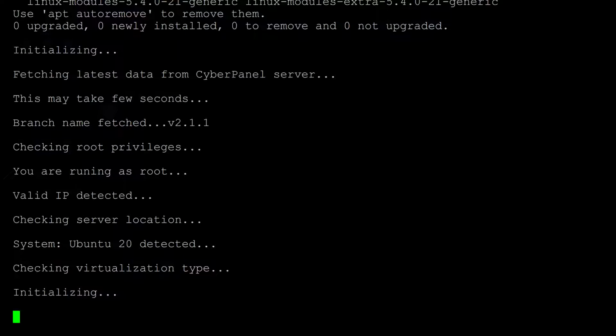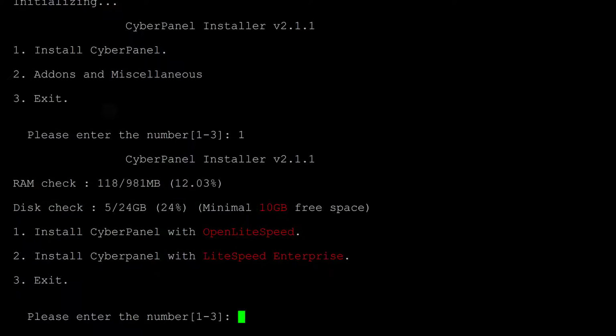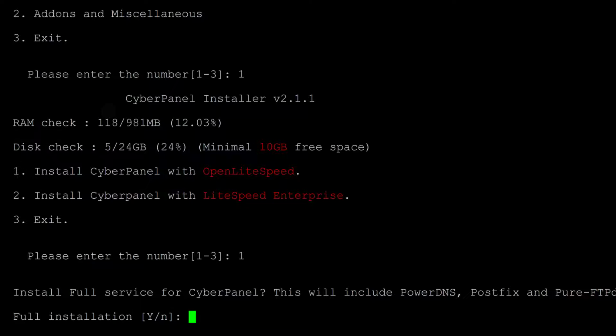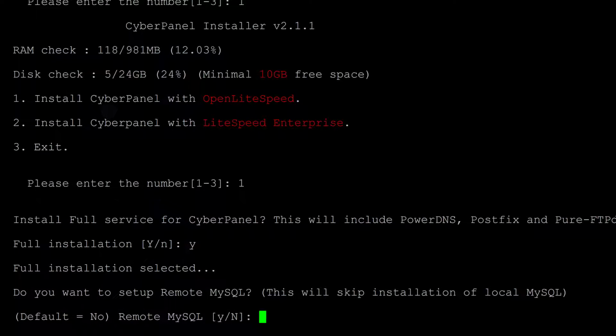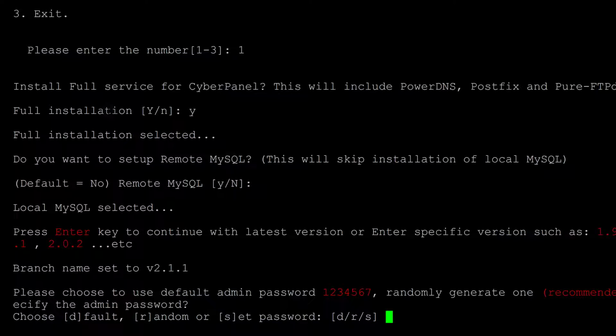So if there is any issue, it will let you know. Please enter 1. Yeah, install CyberPanel. 1, install the free version. I'll do the full install here. I'll just press enter for the default. Enter for the default. And then